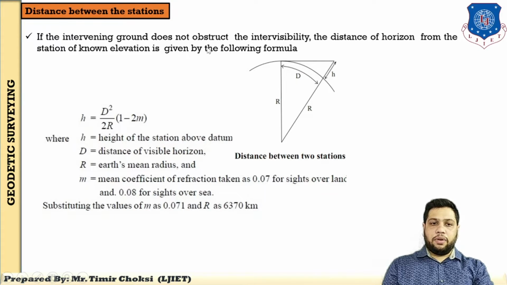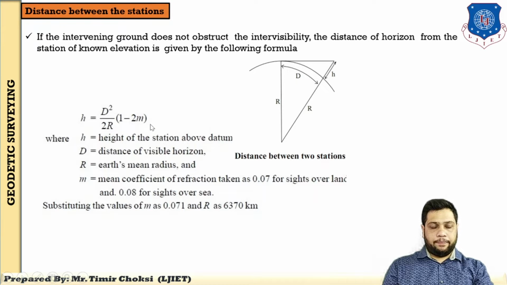If the intervening ground does not obstruct the intervisibility, the distance of the horizon from a station of known elevation is given by the following formula. First, this is considered as the earth surface, a geodetic curvature. This is the radius of this curve, and here this is the distance of the visible horizon. Small h is the height of the station above the datum. Depending upon this figure, the formula is h equal to d square upon 2r,